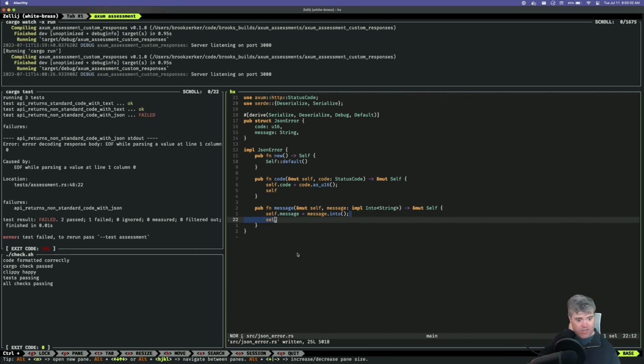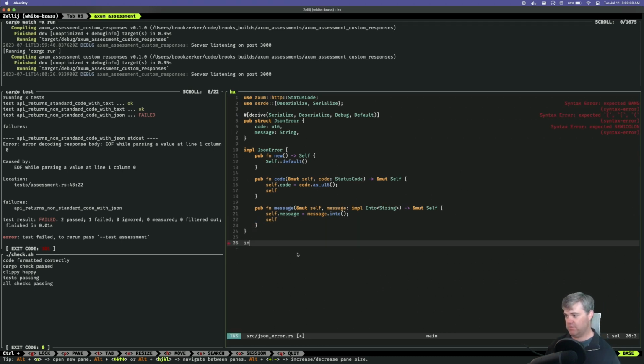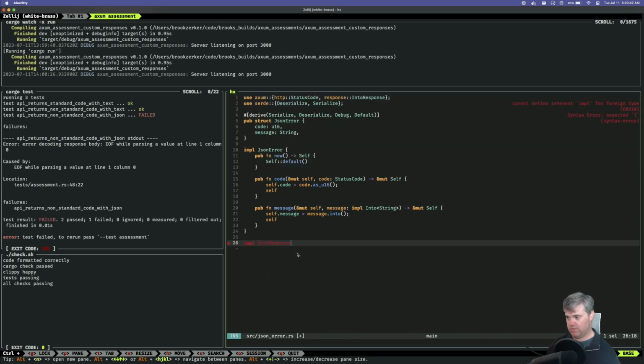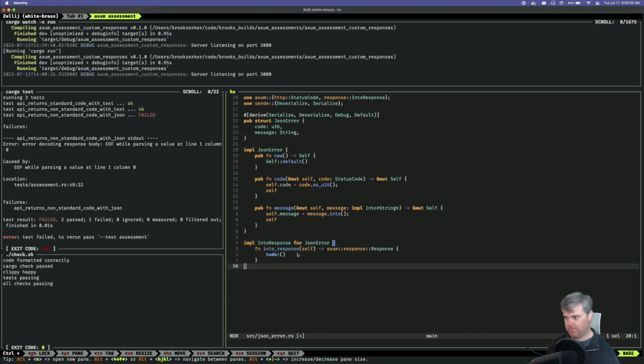And then I want to implement into response for this. I want to implement into response for JSON error, which is this Axum response, which I think at this point in time I can just do whatever I want.